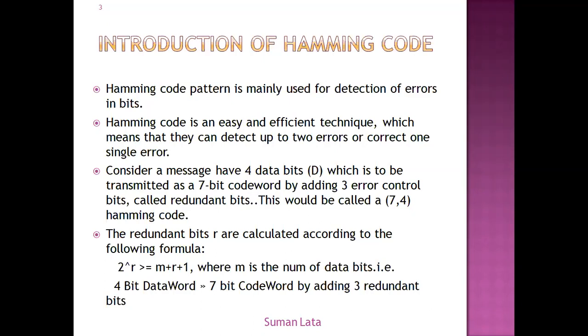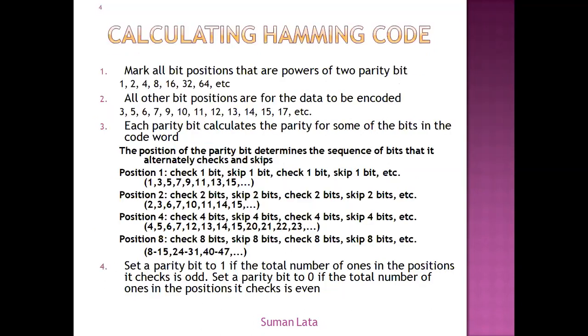It means, suppose whenever a sender sends some data to the receiver, then to prevent outside intrusion or to keep data safe, it adds some redundant bits in the original data message. And this complete message, which is the combination of data bits and redundant bits, is called the code word. And when the receiver receives this code word, then to get the original message, the receiver uses some algorithm to remove these redundant bits from the original message. So now we have to calculate the Hamming code.